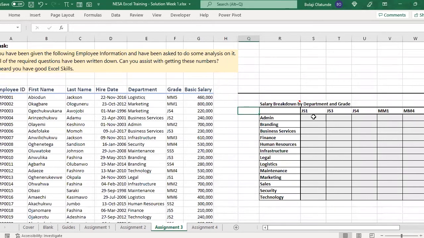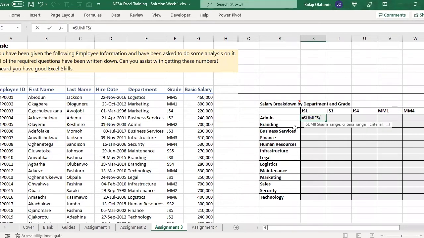What we want to do now is this. We want to find the breakdown of the salary, and say, okay, where the department is admin and the grade is GS1, what is the total salary that we are paying to that combination of people? Okay, so we'll start as usual, equals